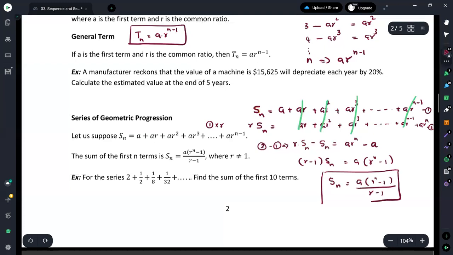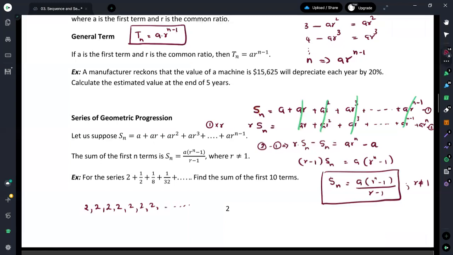We can use this equation if the value of r does not equal 1. If r is equal to 1, we cannot define this geometric progression. For example, if you have the value 2, multiplied by 1 again and again, you get a constant series. Rather than using geometric progression, we can simply say that this is an arithmetic progression with common difference 0. Therefore, we do not define such a case as a geometric progression.